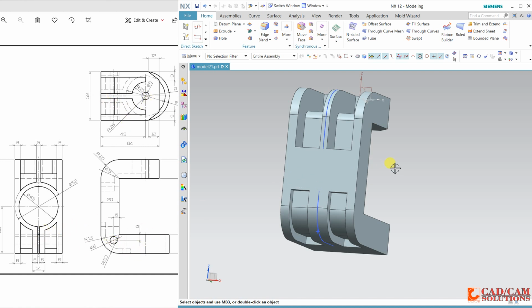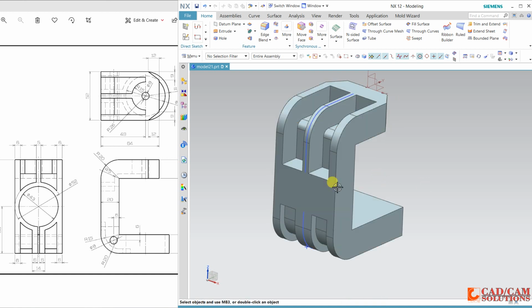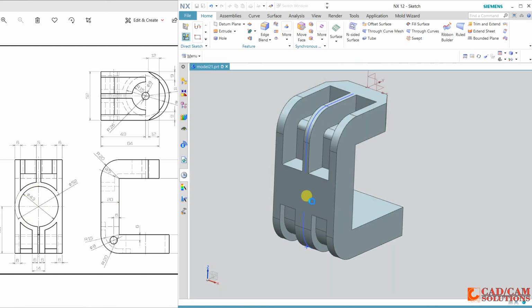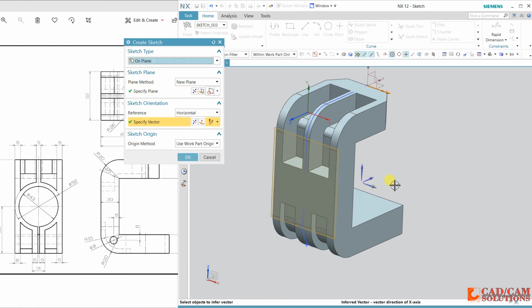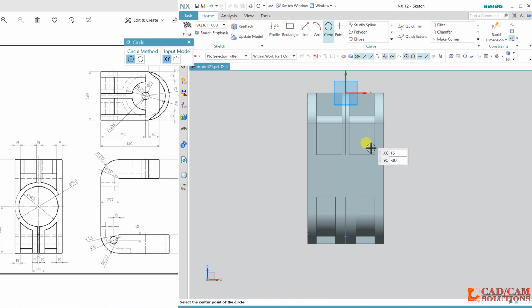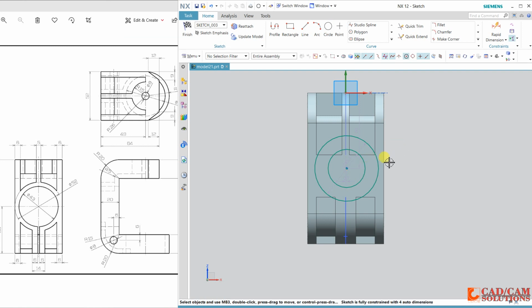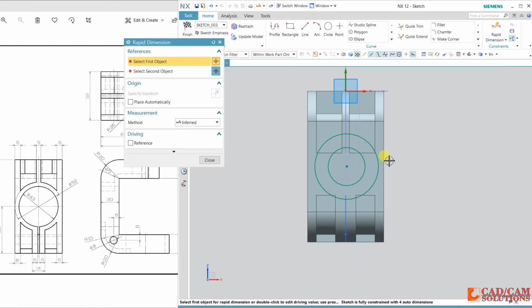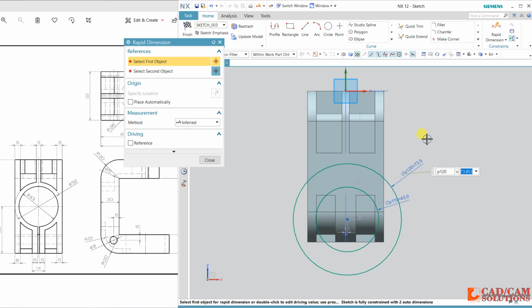Okay, so first I will create this circle over this face. Here we have two circles. So the inner circle is 43 diameter, 43, and the outer is 52 diameter.